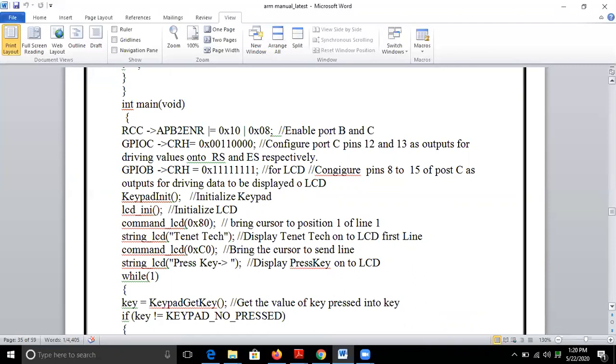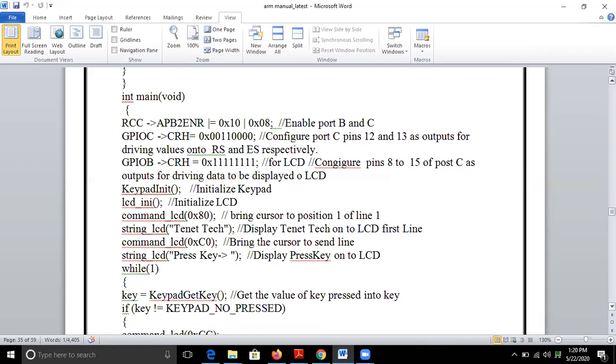GPIOB CRH, you are writing the higher register of port B to 0x all ones. So that means you are configuring pin numbers 8 to 15 of port B as outputs for driving data to be displayed onto the LCD. This is about enabling port B and port C, configuring the port C pins 12 and 13 as outputs, and configuring pin numbers 8 to 15 of port B also as outputs.